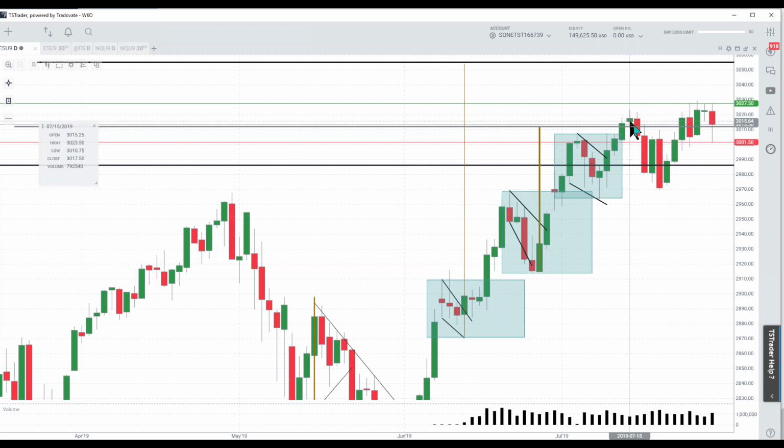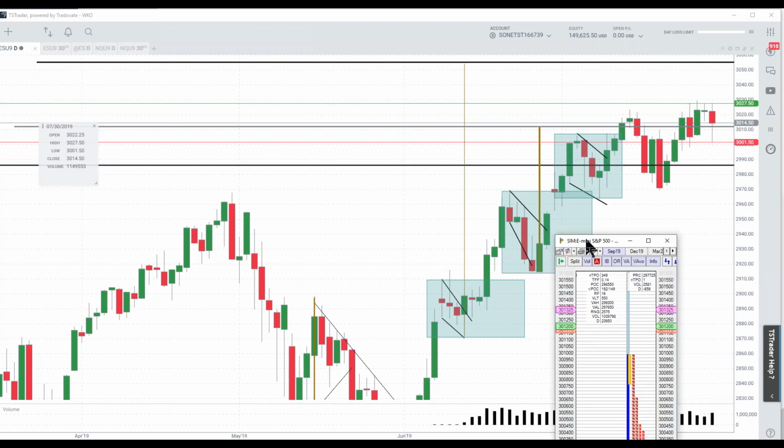Now, for those of you that are familiar with the market profile, I'm going to put up a market profile chart of, in essence, this whole section right here. Okay, now these profiles represent only the regular trading hour session. Okay, now we'll talk about why I do that in just a second. So I'm going to bring this over here.